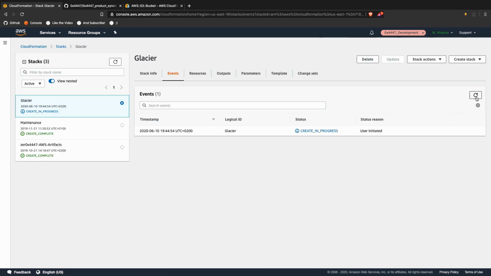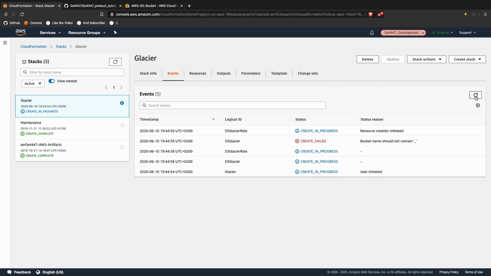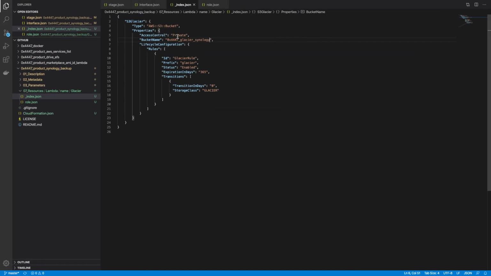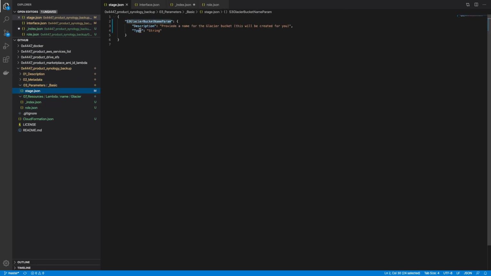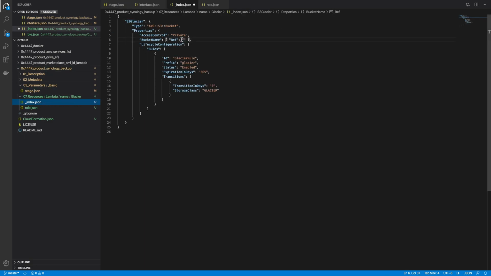Let's see if we can actually get anything. Hey, bucket name should not contain lowercase. First error. Okay, at least it's a clear one. That's a fair request from AWS, but we can do in this case way better. We can just reference the thing we already have. Ref. And oh boy, what am I doing? Referencing the param stage index. There you go. Let's rebuild it